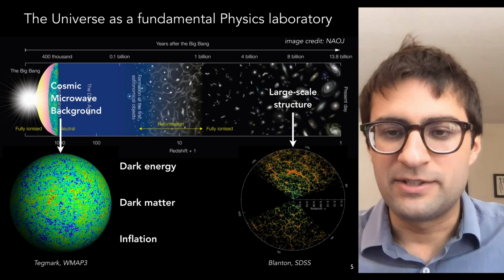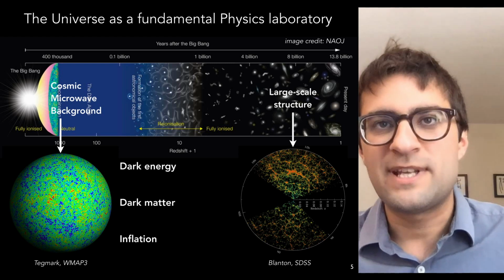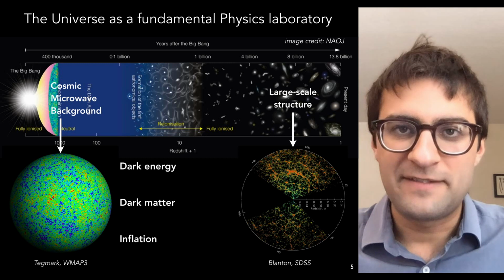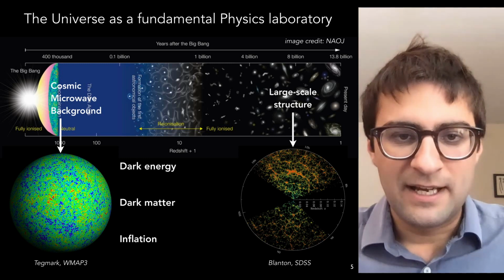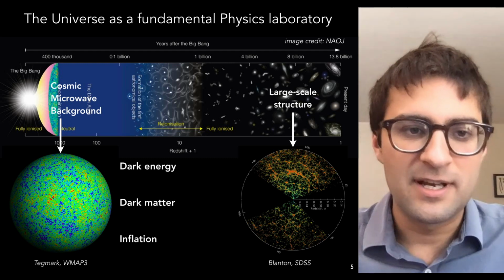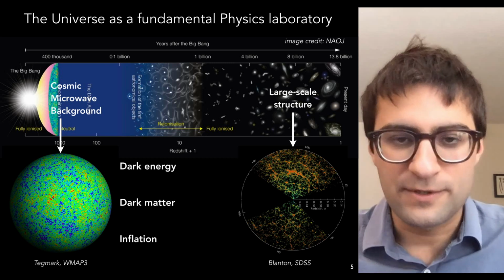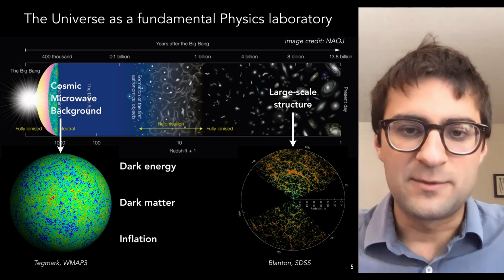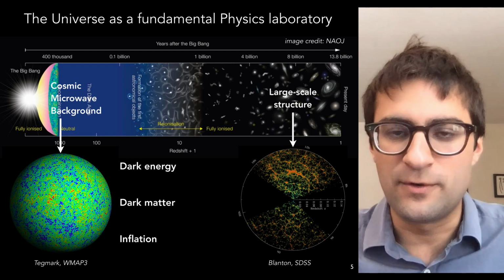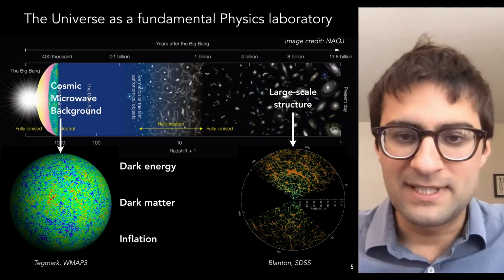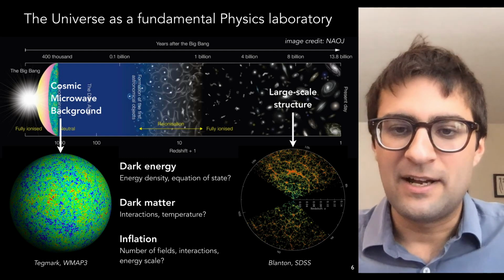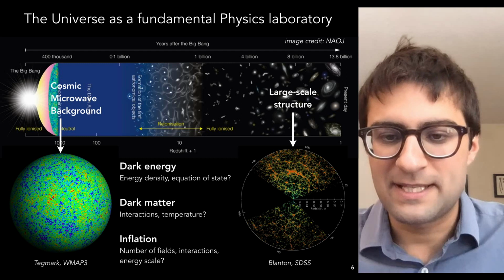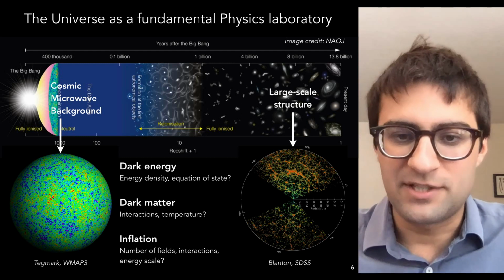And so these components are dark energy, the dominant energy component in the universe that's responsible for the accelerated expansion of the universe. This mysterious dark matter, 5 times more abundant than the ordinary matter. And this hypothetical phase in the early universe, inflation, possibly responsible for generating the initial conditions of the universe. And so here the motivation for using those cosmic microwave background and large-scale structure data sets is really to answer some of these fundamental physics questions, to use the universe as a fundamental physics lab, and learn quantities like the energy density of dark energy, its evolution with time, or in other words, the equation of state, properties of the dark matter like its potential interactions or its thermodynamics, and the properties of this hypothetical inflationary phase of the early